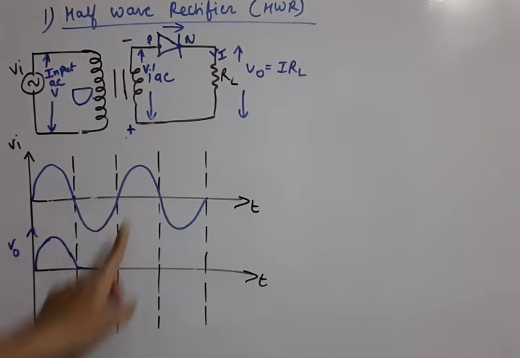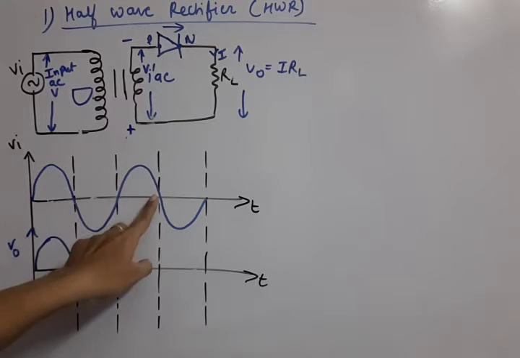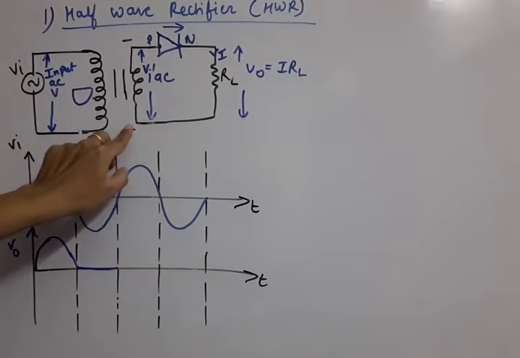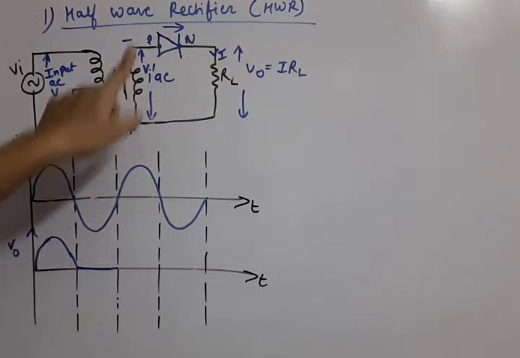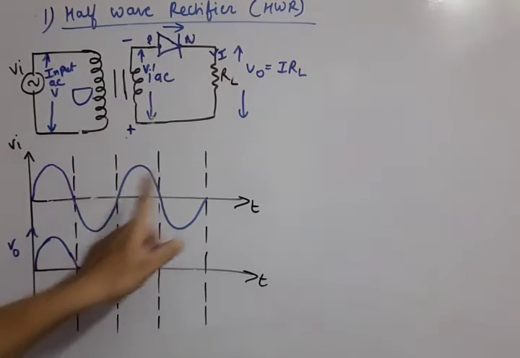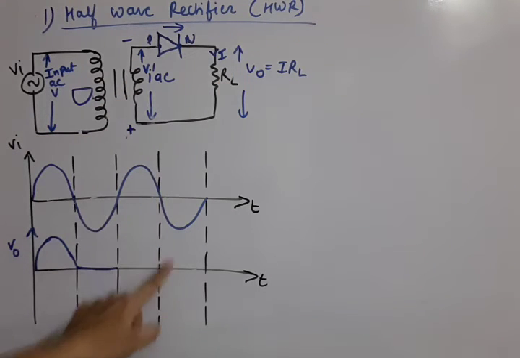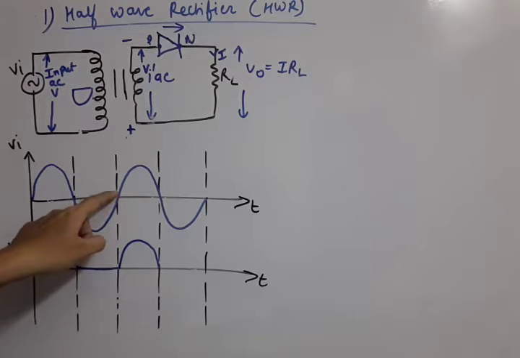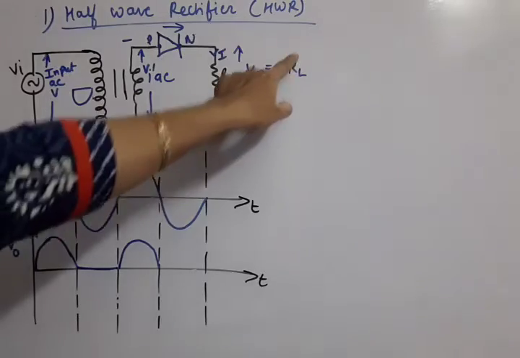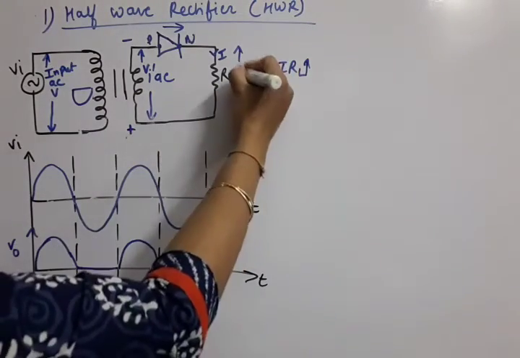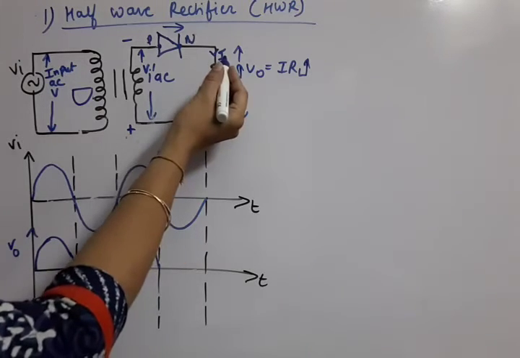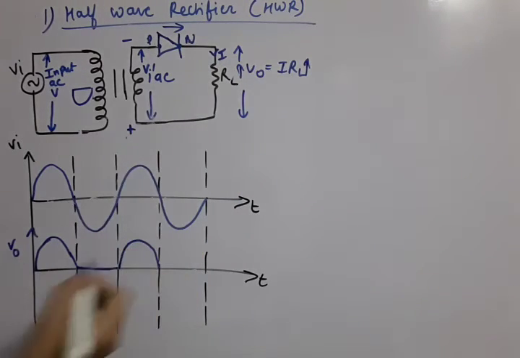After that, by the time this pulse is completed, the positive pulse will appear from this end. So positive pulse means again this end positive, this end negative. So P to positive, N to negative connection means forward biasing, and then current will flow, and according to the input voltage, output voltage also will be obtained. As this input voltage increases, our current will increase. Current increases means VO will also increase. And when input voltage decreases, current will also decrease. So if current decreases, voltage also decreases. So this way we will get a similar type of pulse in the output.